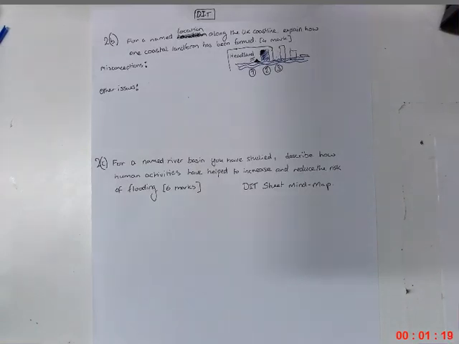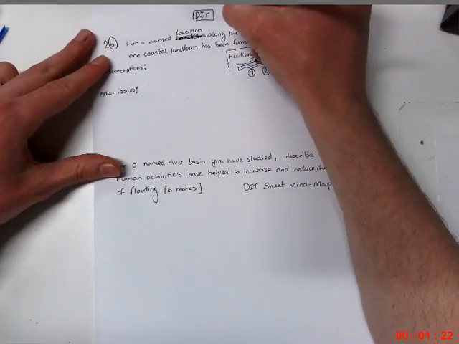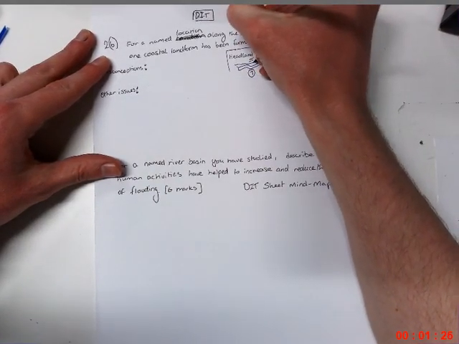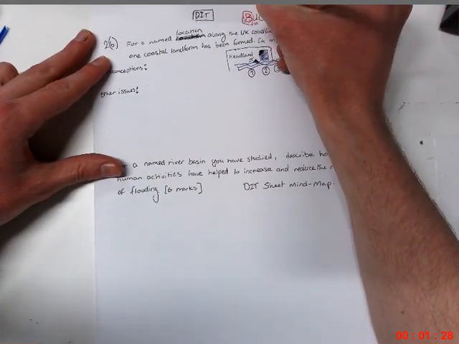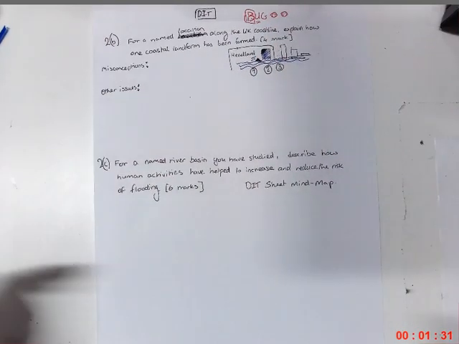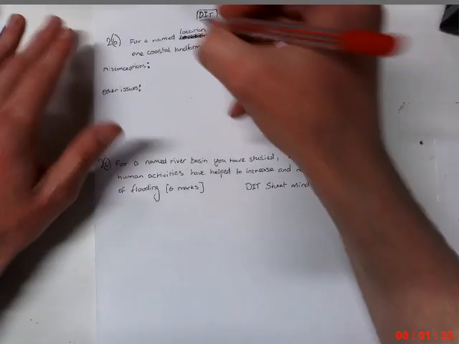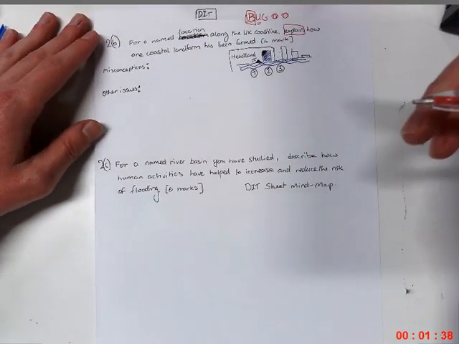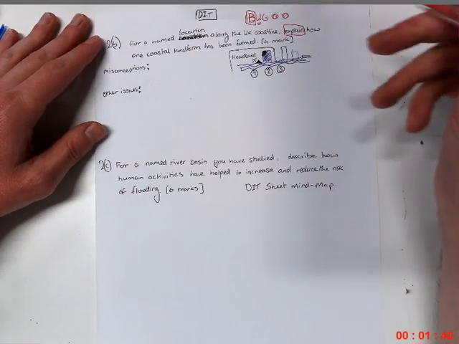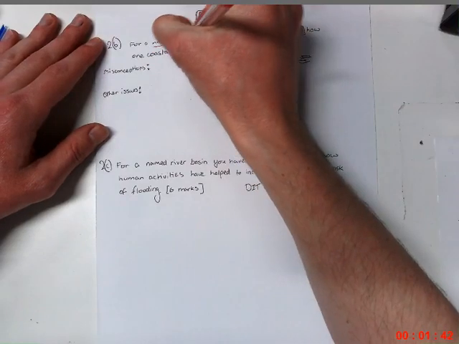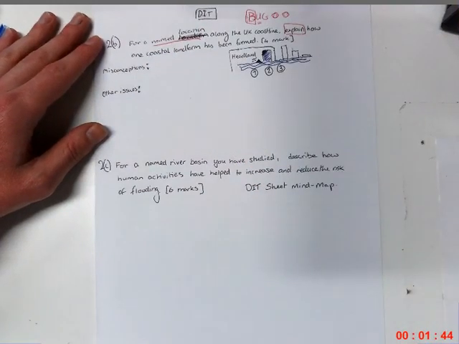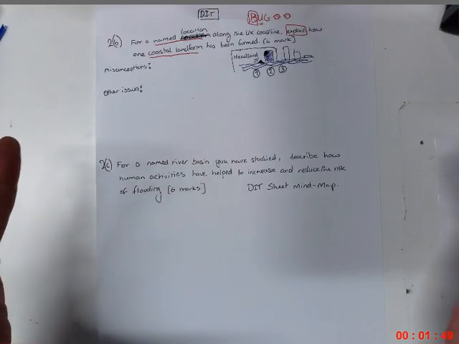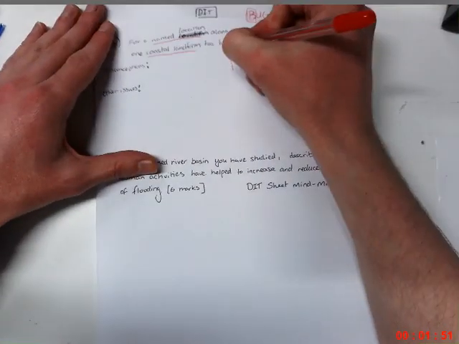Now, just going to note that people are not using the bug technique. Disappointed to see that. Box, underline, and then glance back to see if you've included the keywords in the question, and it's just not being used, or it's not being used effectively. You are asked to explain in this question, so you go through step by step, developing and explaining how your landform that you've chosen has formed, and the main key points that you're underlining here are named location and coastal landform. If you don't do both of them, you will get capped at 2 marks,